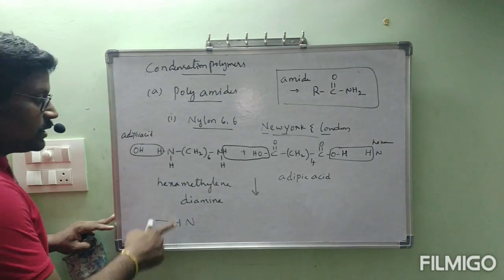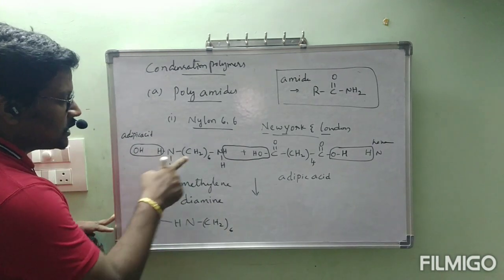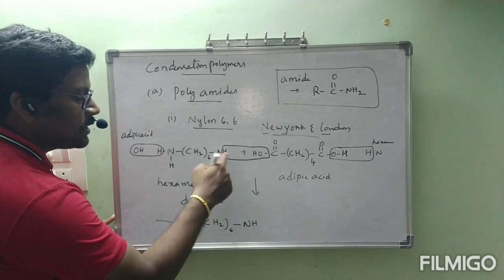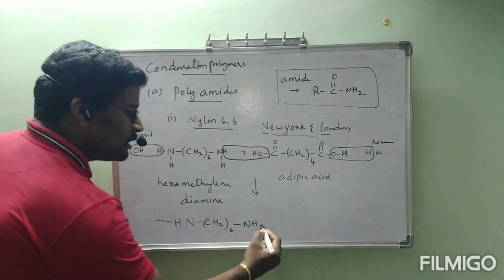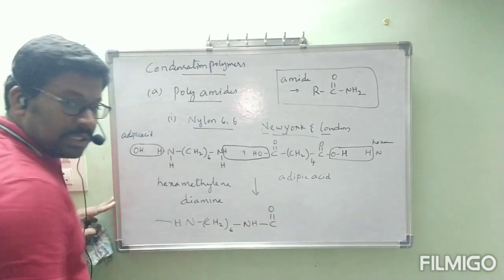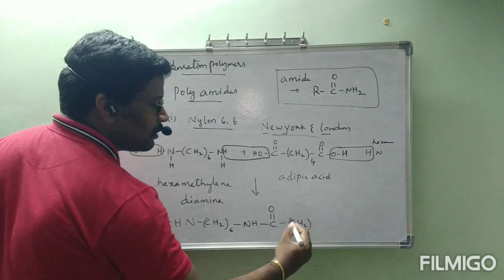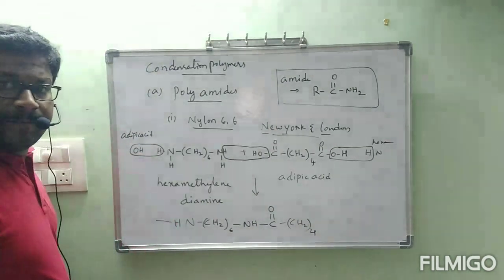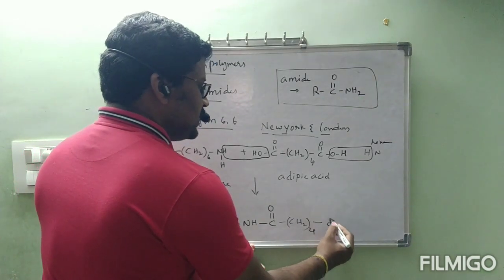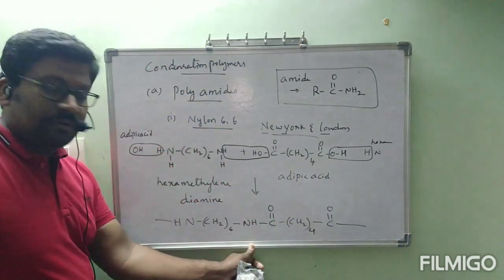We will be left with NH. Next, CH2 6, NH, CH2 6. Next, here NH, because one hydrogen and OH will be removed. Here NH continues; this nitrogen is bonded to C double bond O. C double bond O, continuation. CH2 4. CH2 4. C double bond O. OH is removed, so I kept it simply as continuation.